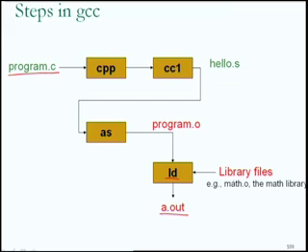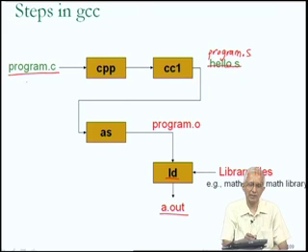Now, I had mentioned that between these steps of GCC, temporary files are used for the communication between these different stages of GCC. And this is going to be of interest to us because we may be able to look at and learn something from some of those temporary files. In particular, I am going to talk about the temporary file which is generated out of CC1. And in this particular example, this should not read hello.s but program.s. Since the name of our input file is program.c, here you would expect to see a file